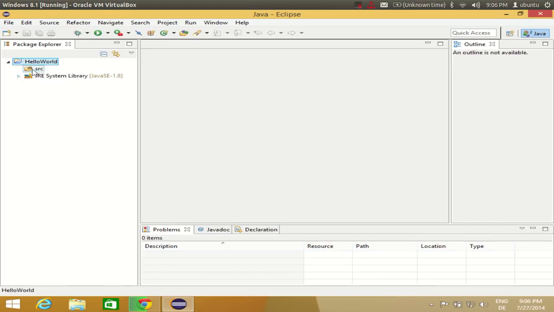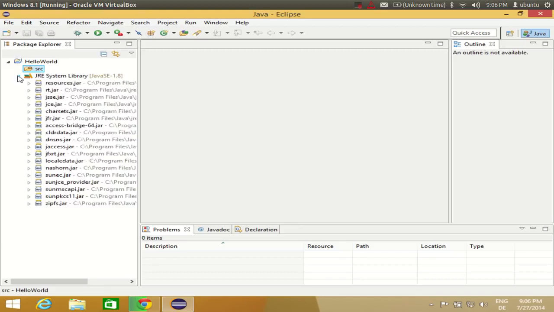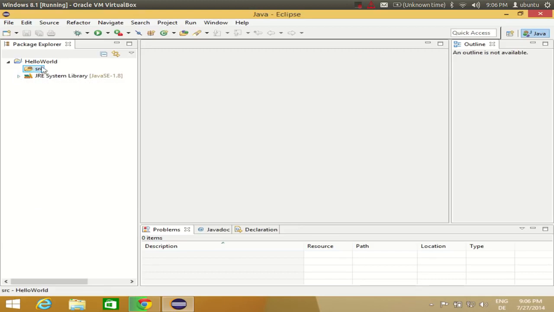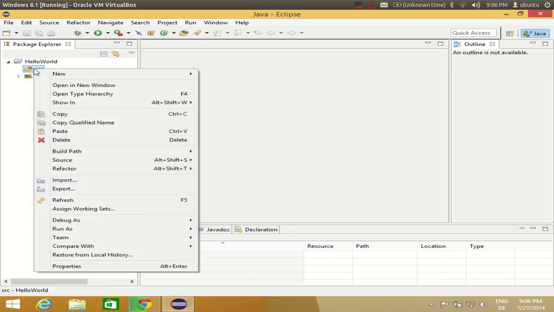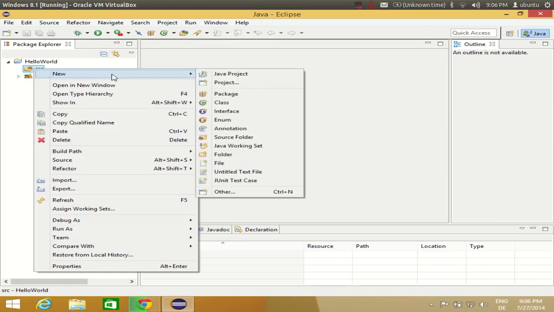But if you see here, it just has the source folder which is empty, so there is nothing inside this folder. So now when you want to run this, it will not run because you don't have any source code, right? So what you can do here is right click on this source folder, go to new, and you can say new class,